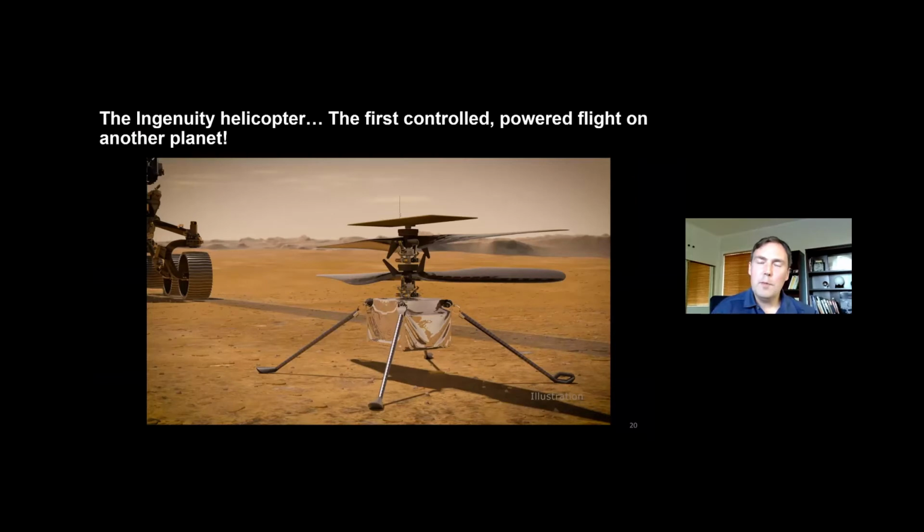So I should also spend some time talking about another great technology demonstration that flew with us to Mars. The Ingenuity Helicopter. As many of you have hopefully heard, we've achieved the very first controlled powered flight on another planet. So this is really like a Wright brothers moment on Mars. And it's the first time that we've actually brought another moving vehicle with the first moving vehicle. So this helicopter was actually carried to Mars on the belly of the rover and deployed by the rover